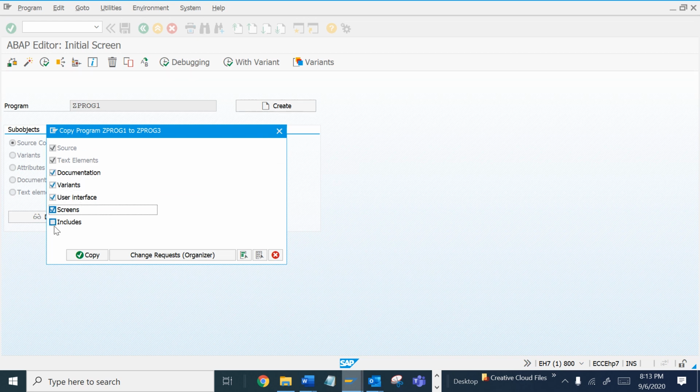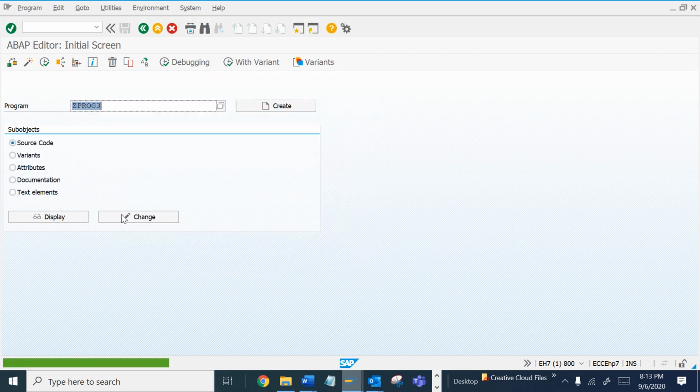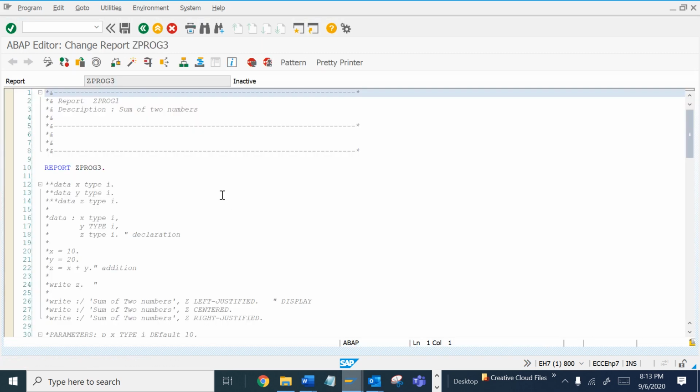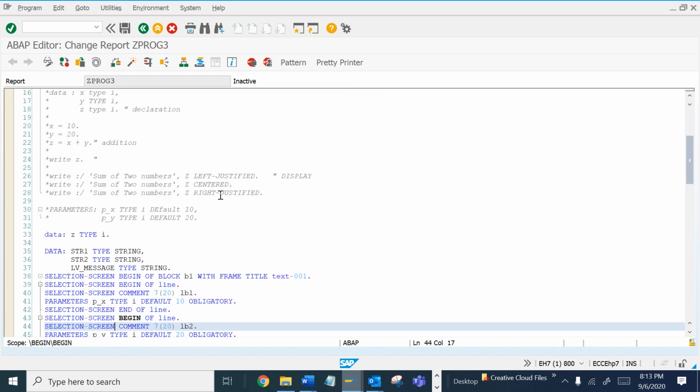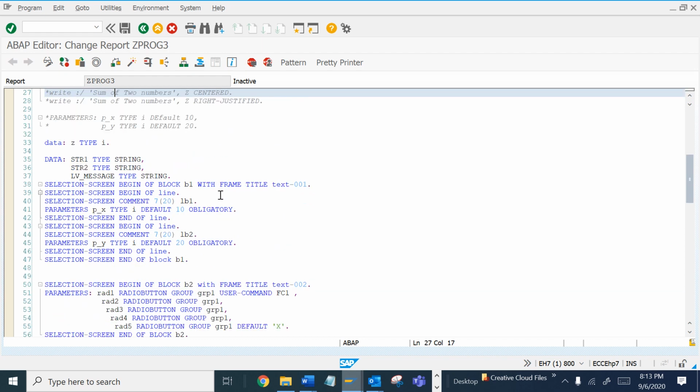I want to make it a copy and save it as a local object. Let me create this. So let me comment out all the parts which I don't want. Okay, let me comment the whole process.